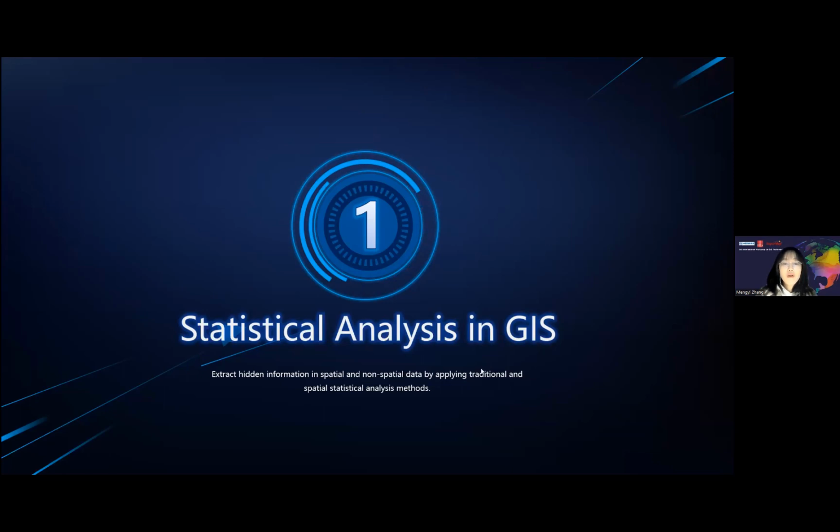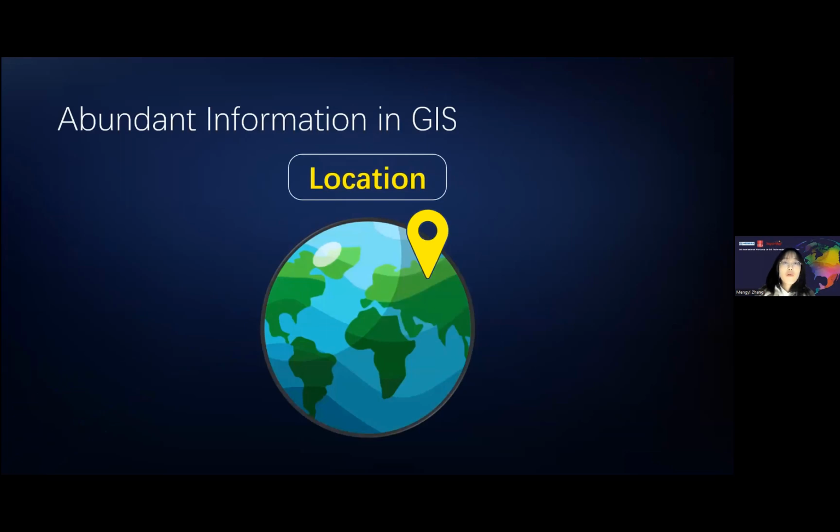Then we're going to focus on the urban land use demo using multiple statistical analysis methods to achieve goals from visualizing information to extracting hidden patterns in the data. Now let's get started. So we all know that spatial information is the very key in GIS,